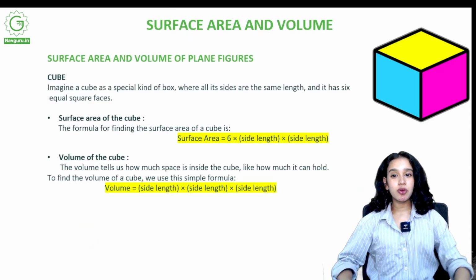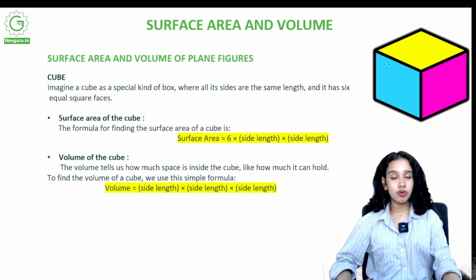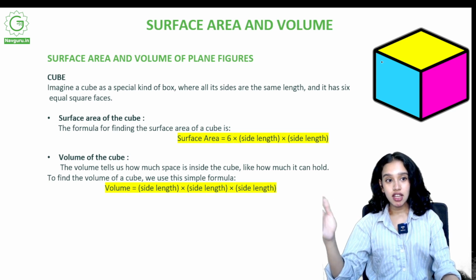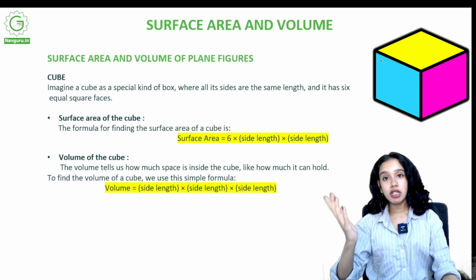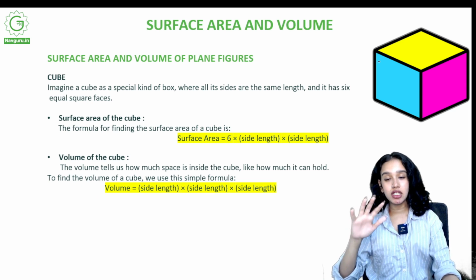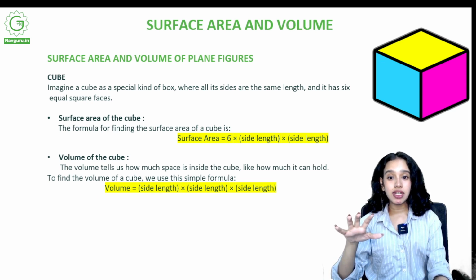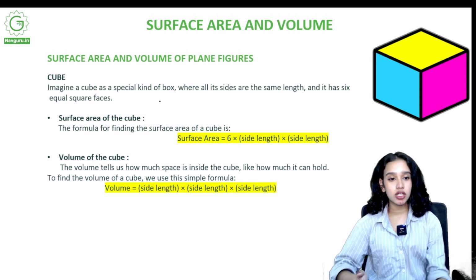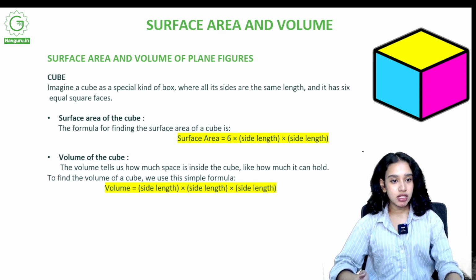First of all, we are moving on to a cube. We know that the cube is a three-dimensional geometrical version of a square. A square is a two-dimensional object, right? When we transform it into a three-dimensional object, we get a cube. So, how do we find the surface area of the cube? How many faces does a cube have? If I am considering a cube,